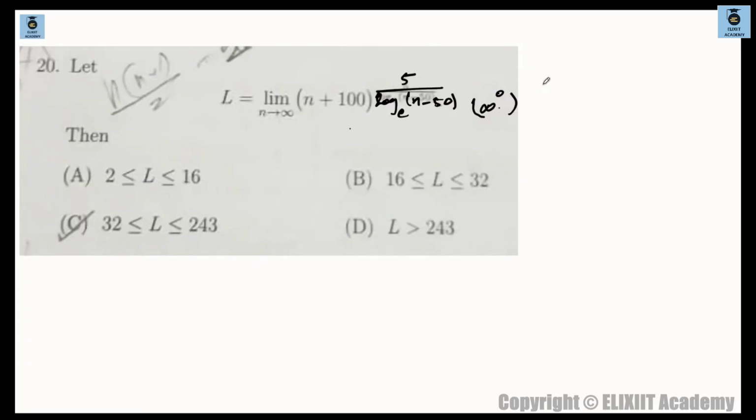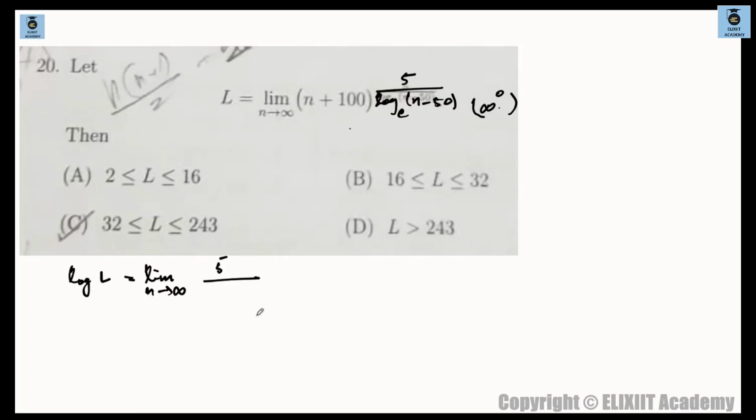For these kinds of forms, like in my batches, I have said this thing for infinity raised to the power of 0: anywhere you see infinity raised to the power of 0, or let's say 0 raised to the power of 0, always you have to solve by taking log on both the sides. So what I do, I take log on both the sides and simply solve this thing. So we have log of L. Log of L will be what? Limit n tends to infinity, 5 upon